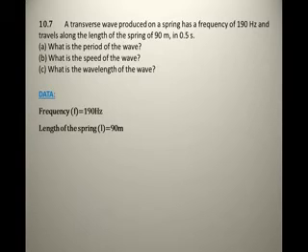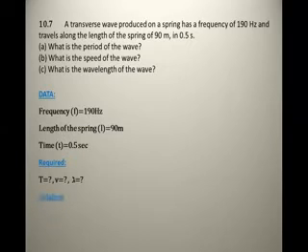Okay, then tell me, is this total time or time period? This is total time. The total time is represented with a small t because they are talking about the number of waves. Okay, then what is our requirement? We have to find the time, the speed, velocity, and the wavelength. Okay, then tell me further about the solution.